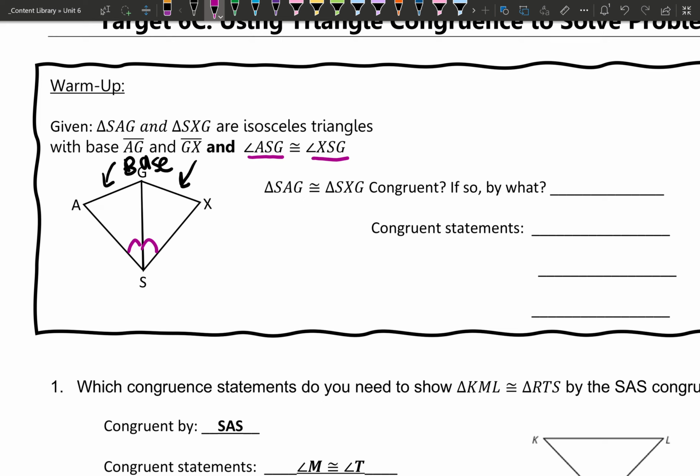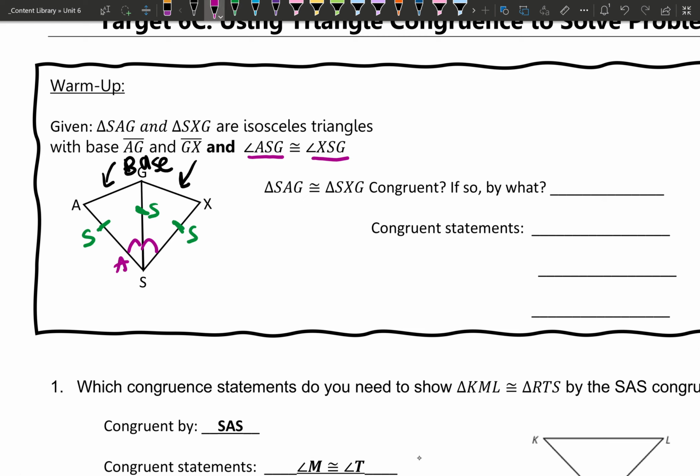Now what we learned about isosceles triangles is that they have two congruent sides and two congruent angles that are attached to its base. First, let's mark the sides and see if that's enough information. If not, let's mark the angles and see if that's enough information to prove a congruency. Okay, the triangle on the left has two congruent sides, same with the triangle on the right. Are these congruent? Well, let's see.